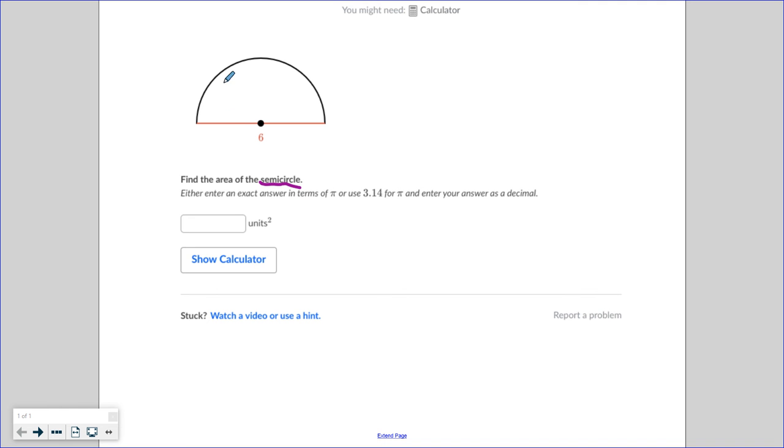This is a semicircle. But let's imagine it were a full circle, right? So you'd have this right here, and you'd have this measurement here, which is 6. And then we have this piece that's cut away. It's gone. It's not there, right? So if you looked at this, actually